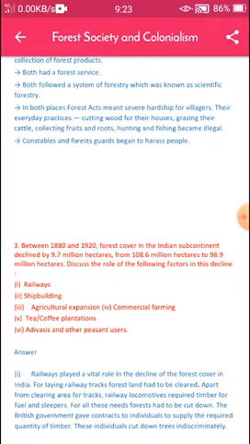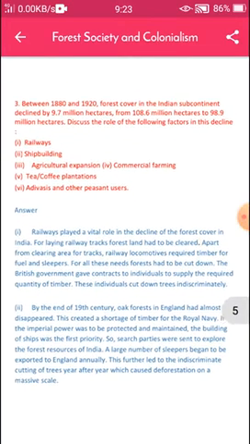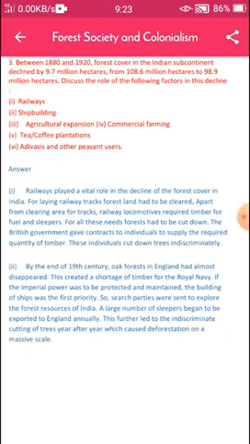So first one, railways. Railways played a vital role in the decline of the forest cover in India. For laying railway tracks, forest land had to be cleared.